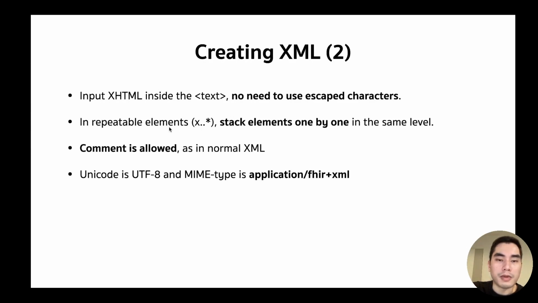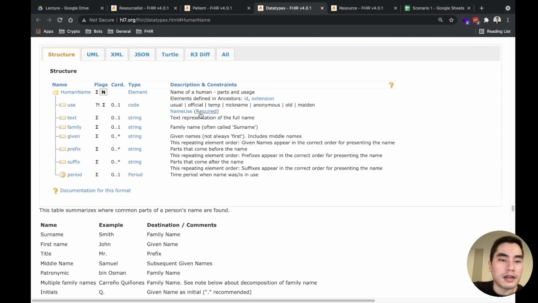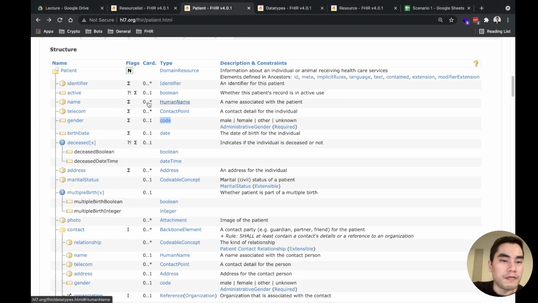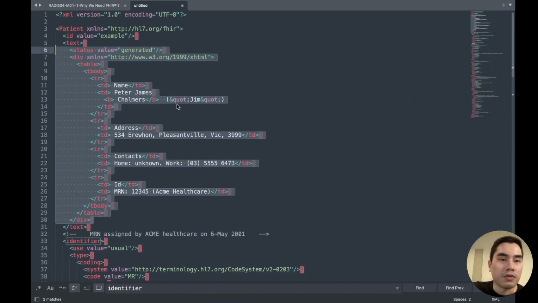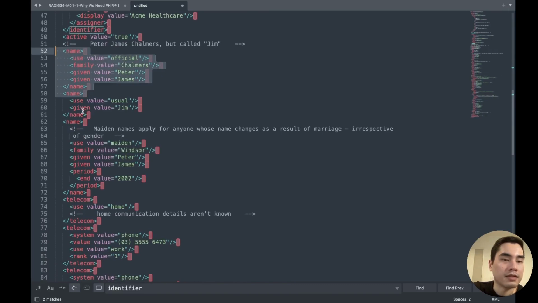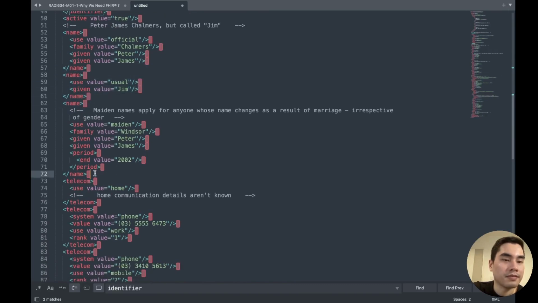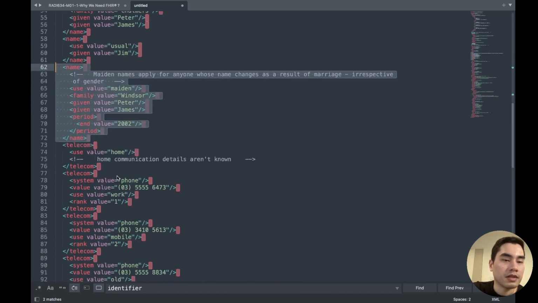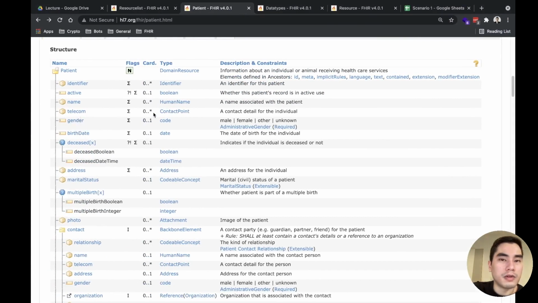A repeatable element is an element that has a maximum cardinality of more than one, like this human name. This one is repeatable, right? When you put it in XML, you just stack its name. This one is also repeatable, telecom.